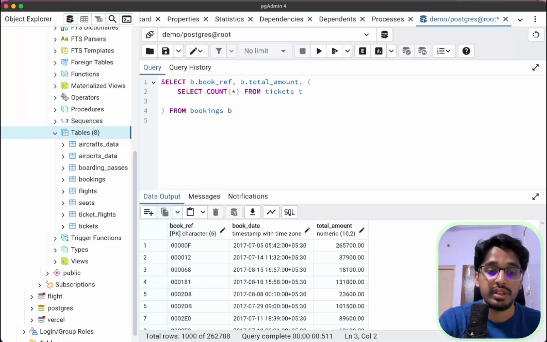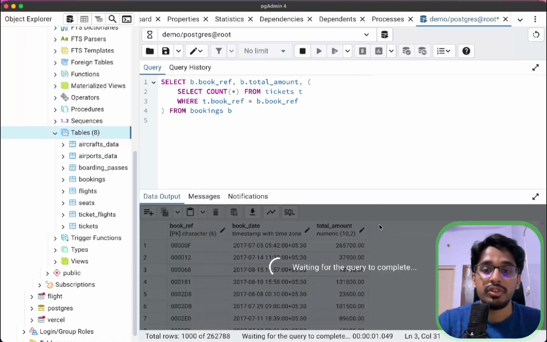So we can now put a condition where this t dot book ref matches the one from the bookings table. So b dot book ref. So now if we execute this, we should also be getting the